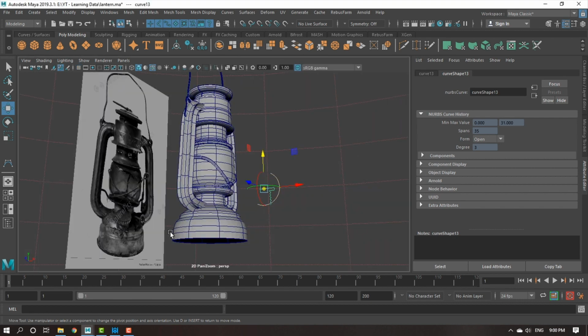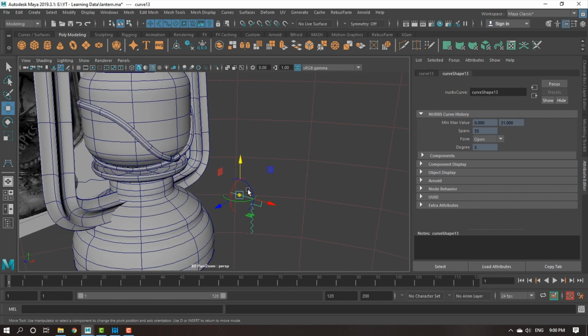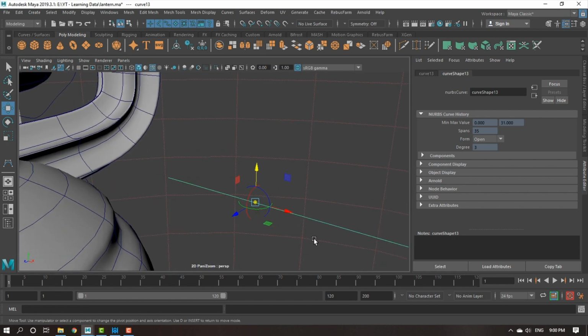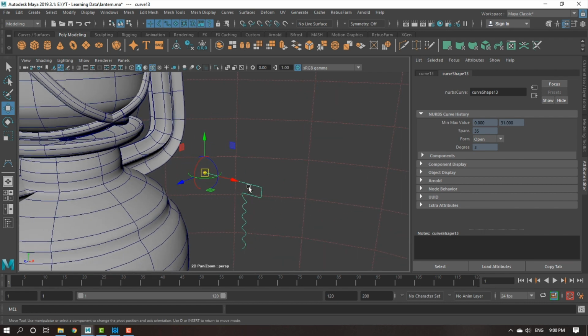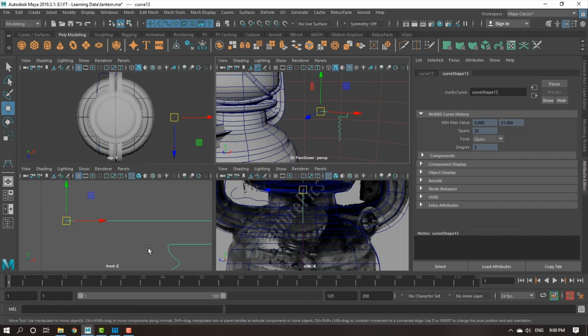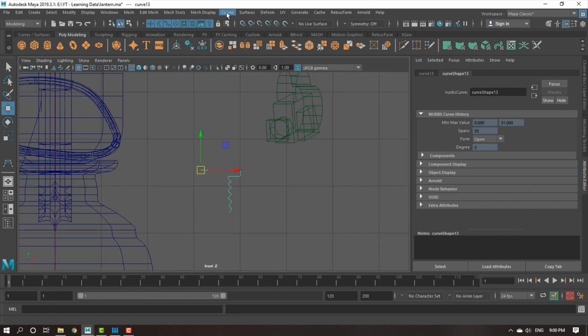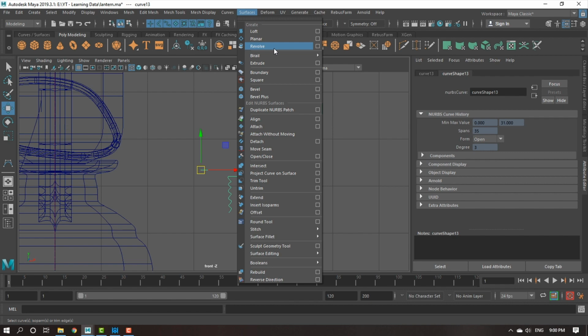Then I can go to my perspective or front view, but I will go to the perspective view. Press C and middle click. See this, C will activate my curve snap, which I can see here. Middle click will snap the pivot and roll along the edge. So I will just go here and align it to the end of the curve. And now if I go to my front view and say revolve, it will exactly give me the look and feel which I want.